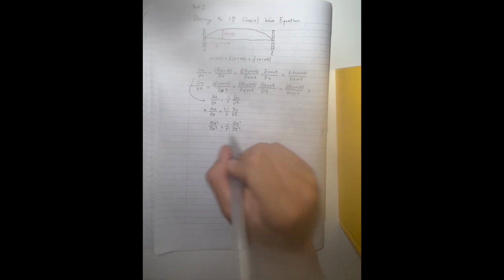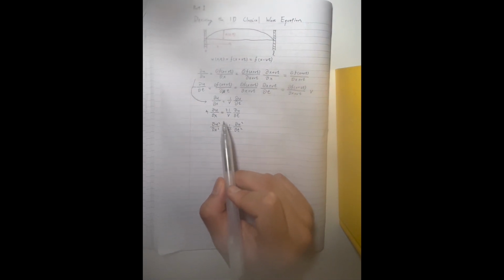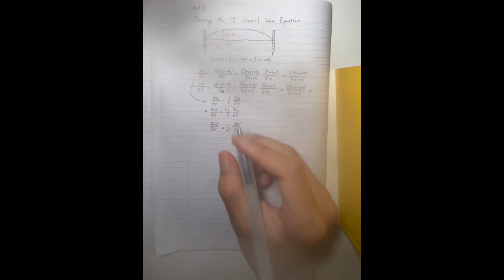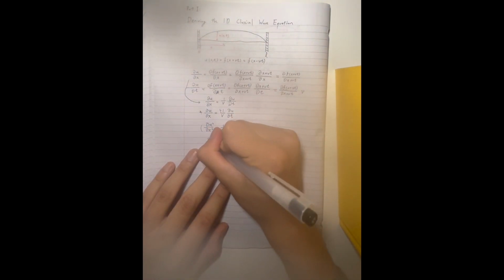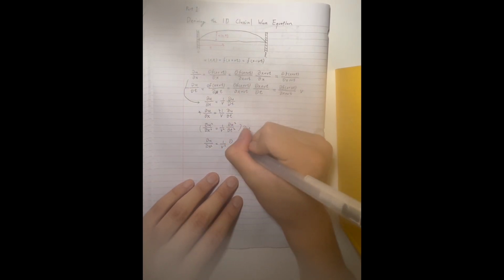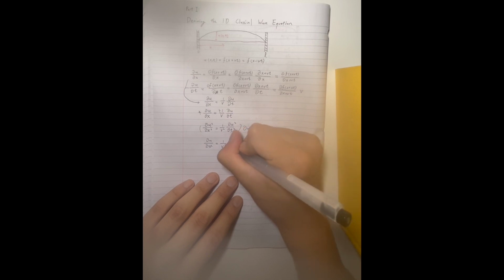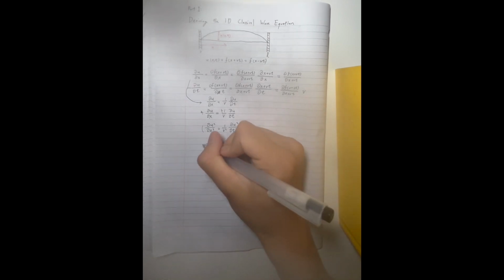And notice how this is not an actual second derivative. Because the bottom is right, but the top is supposed to be d squared u, not (du) squared. So what we're going to do is divide both sides by du, and we're just going to get... Yep. Okay, so now we're going to take the whole thing,